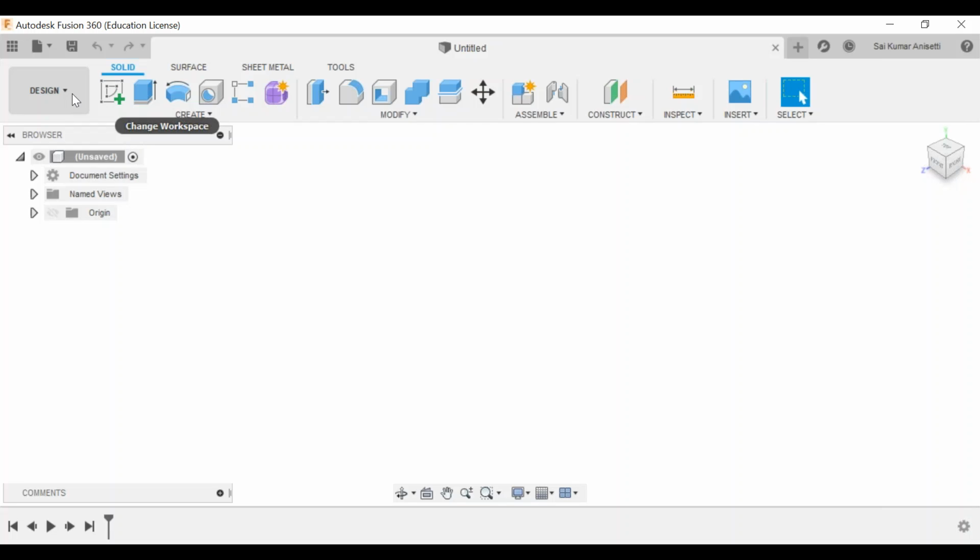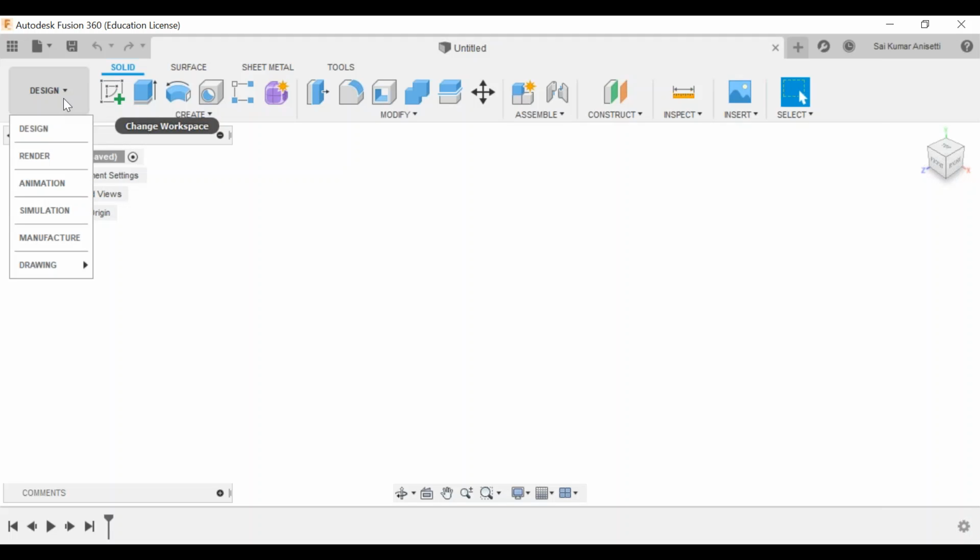There are different product applications like designing, analysis, product development, manufacturing, and simulation. So now you are in the design workspace. The topmost part is called the toolbar. Whatever you are seeing, create, modify, assemble, construct, all these are called the toolbar in your design workspace.